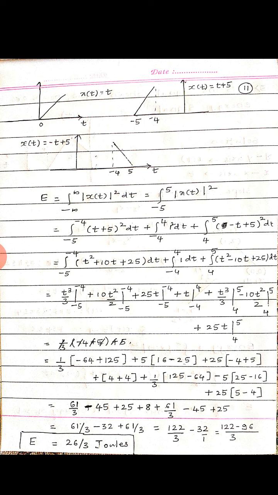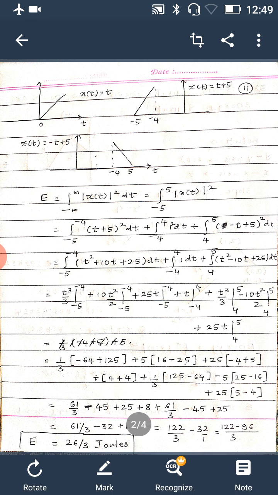So the signal x of t, which is defined from minus 5 to minus 4, can be given by t plus 5 u of t. Similarly, let us take the folded version of this, x of t equal to t plus 5 u of t. Then you will get the signal which is defined from plus 4 to 5. Here I have written minus 4 to 5, it is actually 4 to 5.